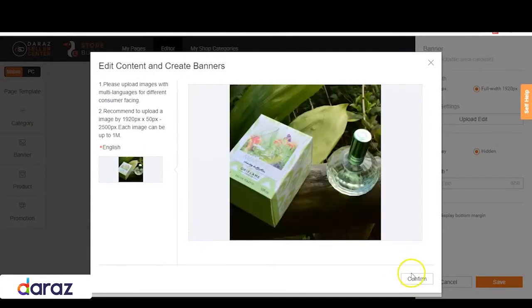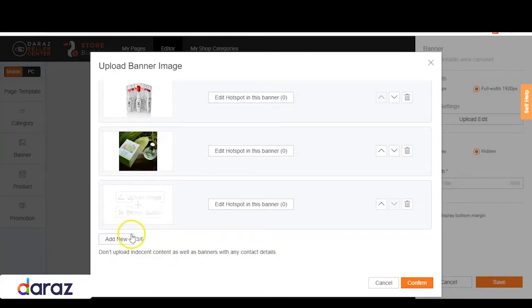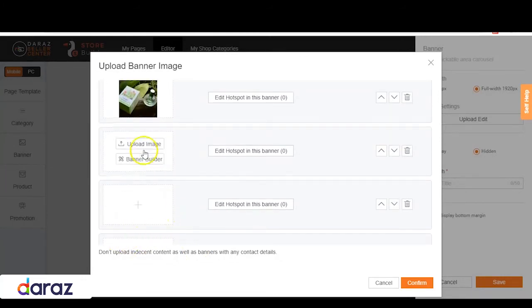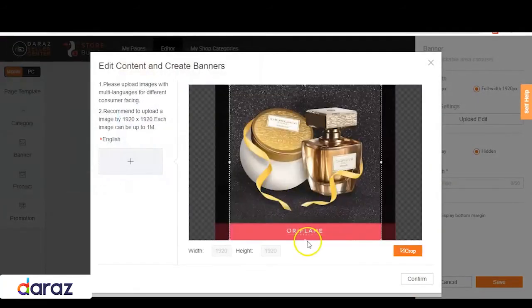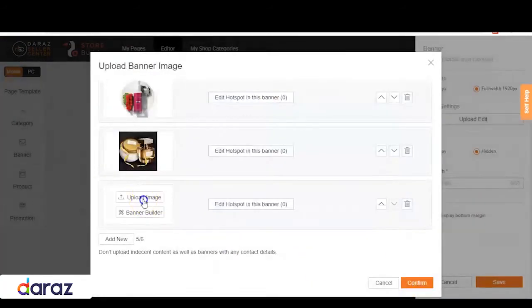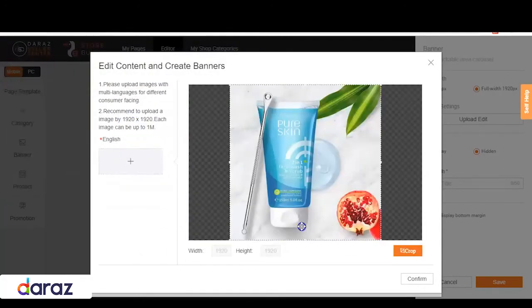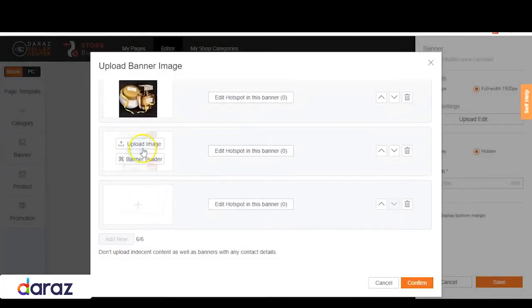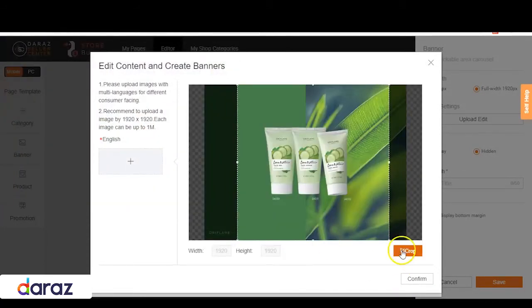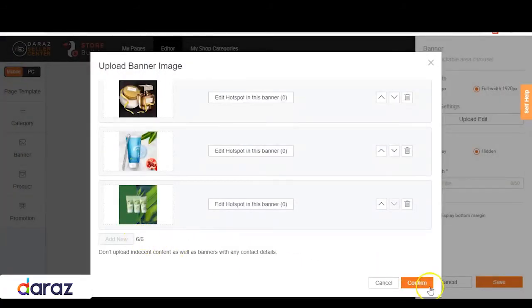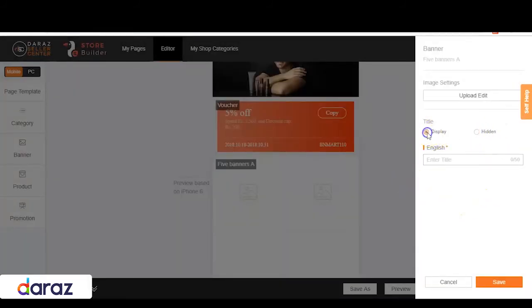Multiple banners will help you showcase more of what you have to offer on sales on your Daraz shop. Remember, you should not repeat banners in order to keep customer interest engaged. In this multi-clickable carousel, you can add up to 6 banner images to be displayed simultaneously on your store page. Upload up to 6 banners following the same steps, and finally save the segment to ensure all your banner images have been saved and are displayed on the front end.